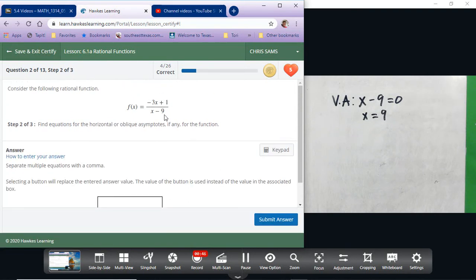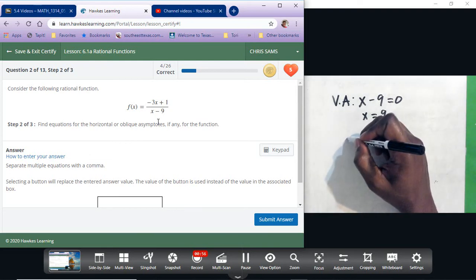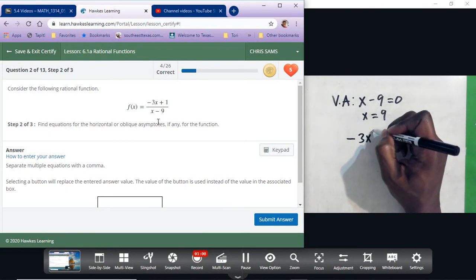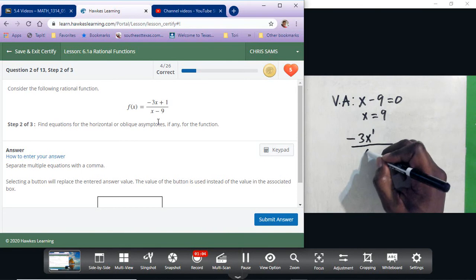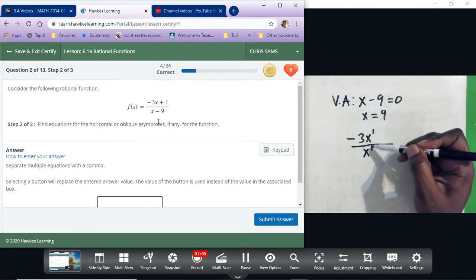Okay, so we went over the rules for horizontal asymptote on problem 1. So we have to look at the degree. The biggest thing in the top is negative 3x, so that's a first power, 1 degree. On the bottom, we just have one single x, so that's also 1 degree. When the degrees are equal,